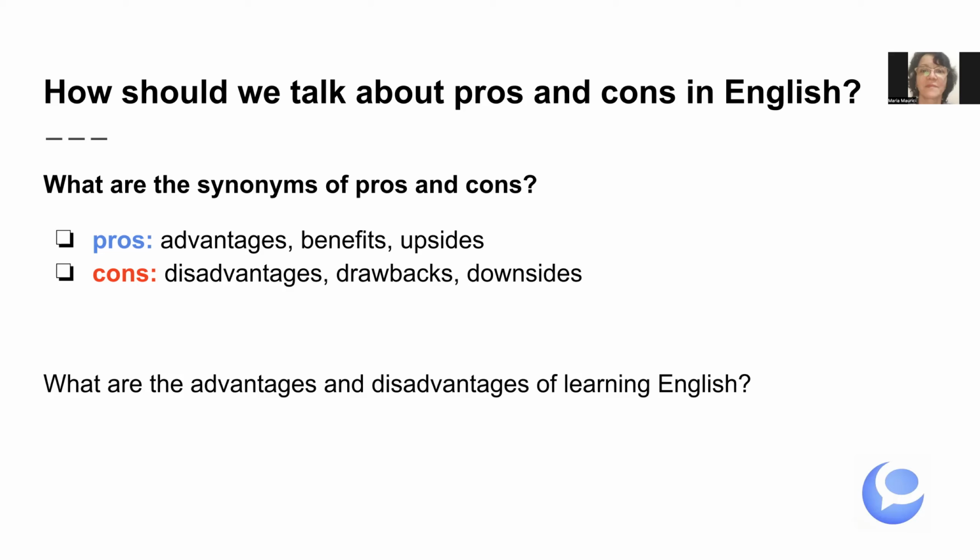Okay, good. Now, when we talk about this, I always want you to try to balance an advantage with a disadvantage. It's normal that you think maybe there are more advantages than disadvantages, but you always need to give the other side of the view. How can you do that? You can talk about other people's opinions. You can talk about general opinion. Instead of it being your opinion, you can say that. For example,